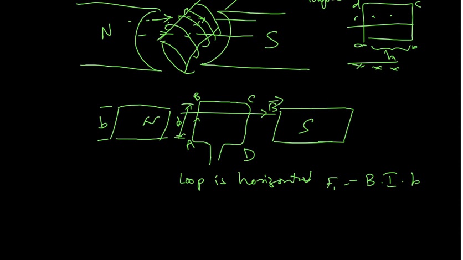That's why we get picture 4.21B. F1 acts in one direction, F2 acts in the other direction. So they form a couple, and that's how you get the rotation. So in the view of the loop from AB, it shows that the torque on the loop tends to rotate it anti-clockwise. This torque in magnitude tau is given by